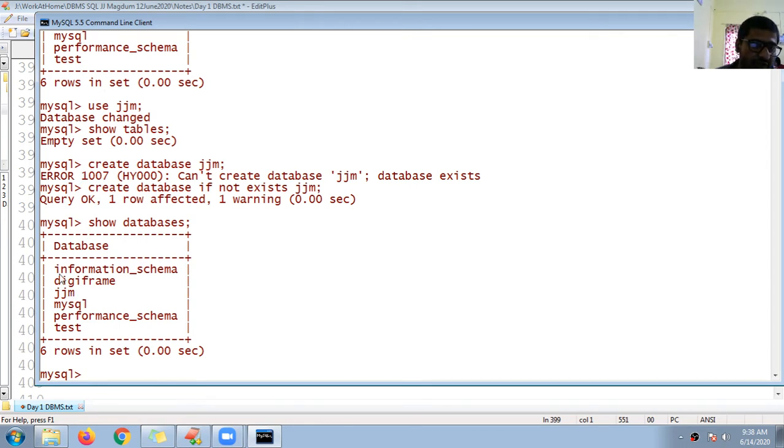Yeah, so that record is already available. So that's why it is showing that one row affected. Only that row is available into the database table. So to list out the list available,